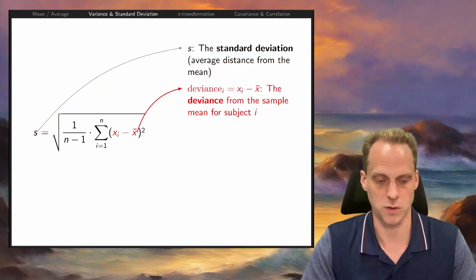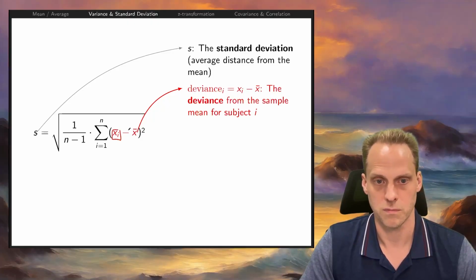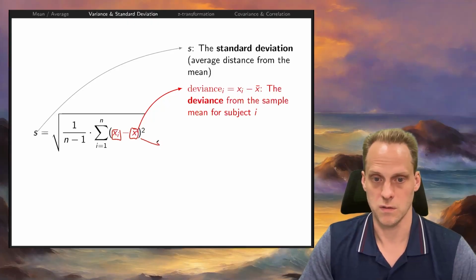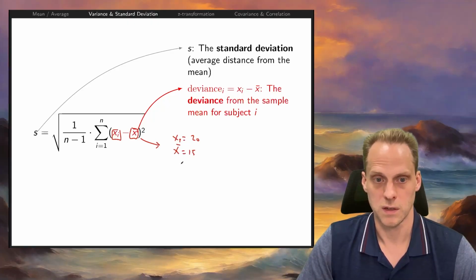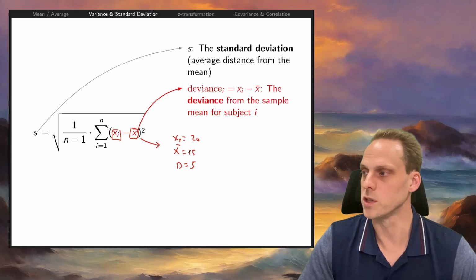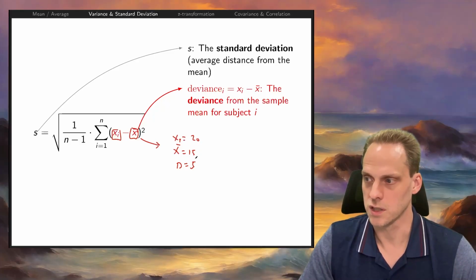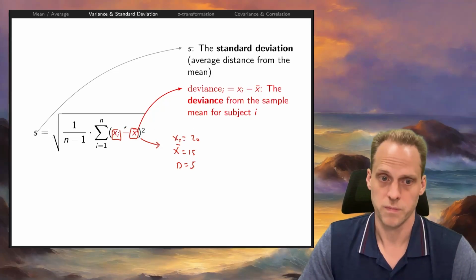So this is the actual deviation from the mean. We have the score, and now we subtract the mean, okay? So let's say we have a score of 20 versus a mean of 15, then the deviance is 5, right? 20 points higher. And we want to get an average distance, right? So the average deviance, really, from the